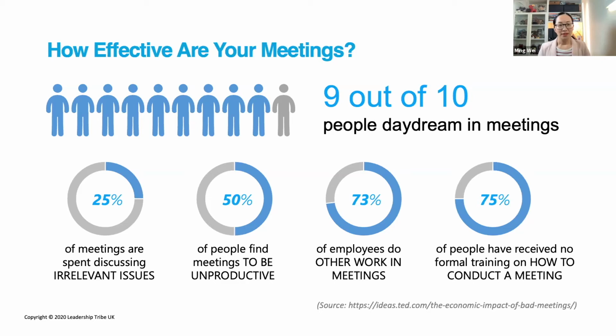Moving on, the next one says 50% of people find meetings to be unproductive. 50% unproductive. So this is a question I want you to think of. Are we having meetings just for the sake of meetings? Because we have got the team meeting scheduled every Thursday afternoon at 2 o'clock. That's why every team member has to be there from 2 to 3 and spend an hour together, because it's just set up and we have to be there. And what are the considerations which you have given to these meetings?